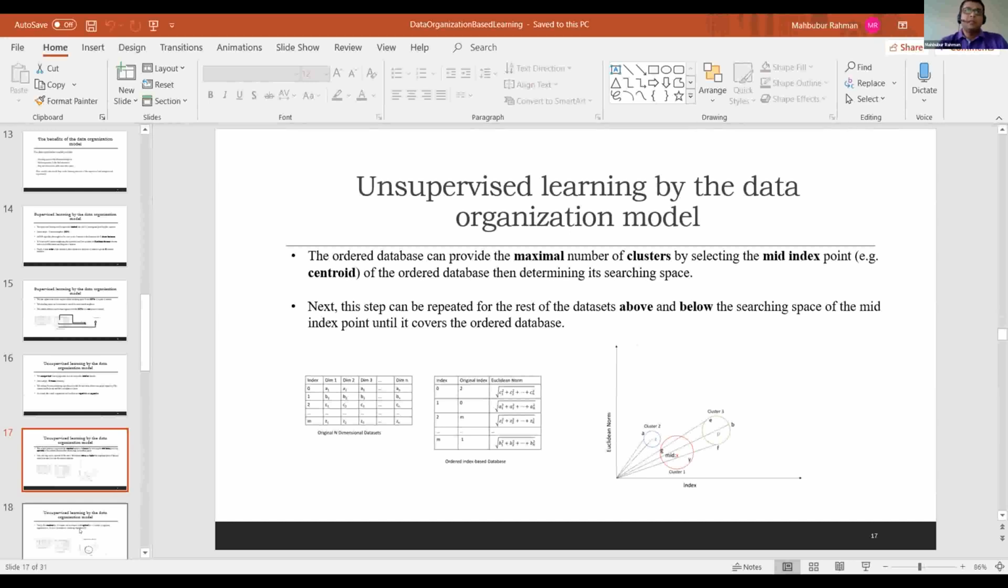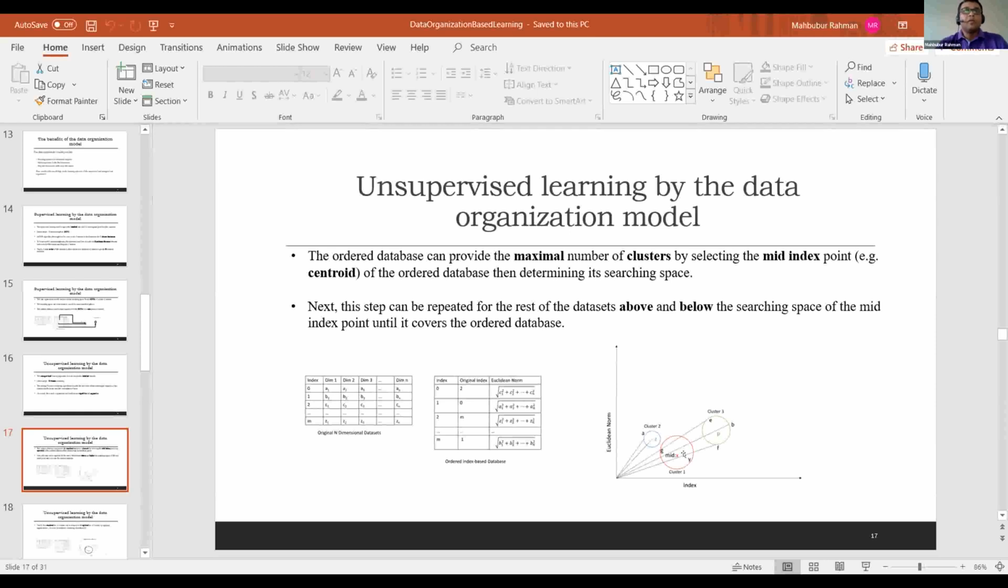Actually, the ordered database can provide the maximal number of clusters by selecting the mid-index point. In this figure, we can see that it is X, and then determining its searching space. So we know from the previous slide that this data organization model can provide the searching space for a given point, and for this k-means clustering algorithm, we can start from the mid index point of this ordered database, and